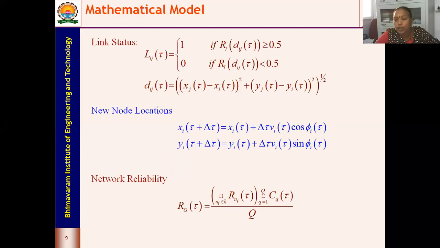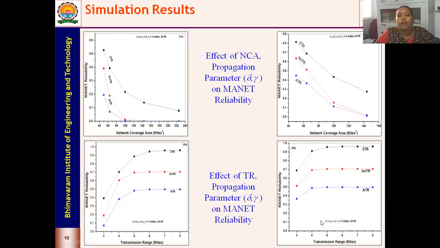So CQ of tau represents whether a network is connected or not. Summation over the Q iterations: out of capital Q iterations, you count how many iterations the networks are connected, sum up all the iterations and the product of all the reliabilities, and you get an average. Taking it over an average of Q iterations, you will be getting the total reliability RG of tau. Okay. So now coming to the results.